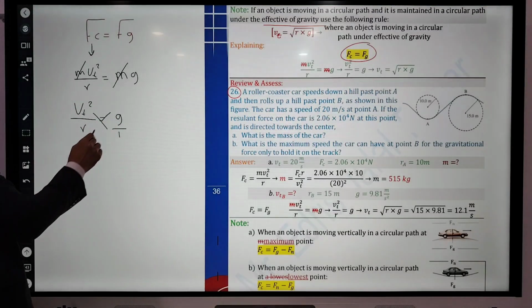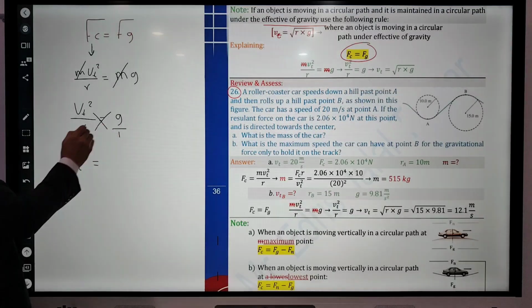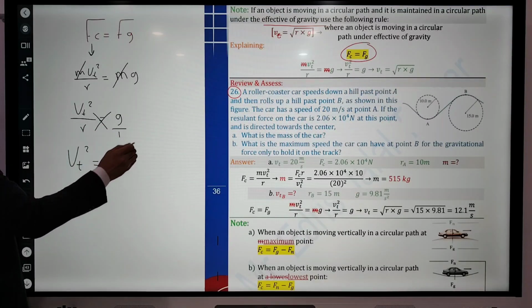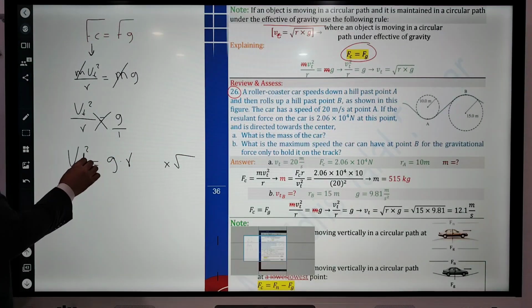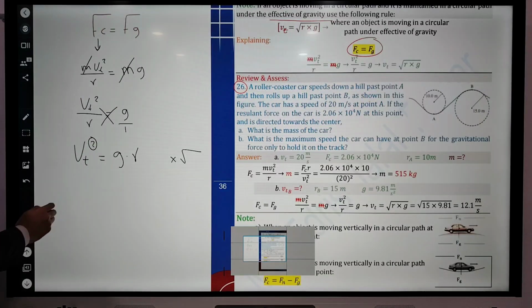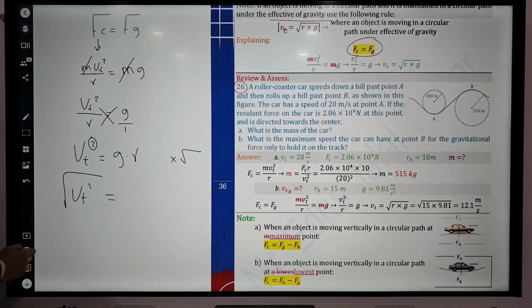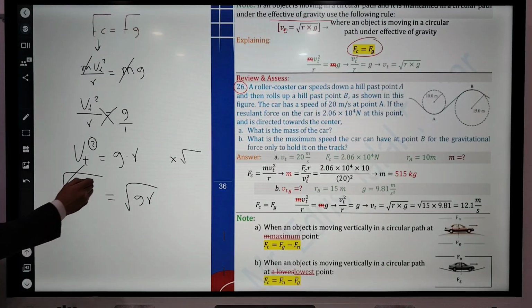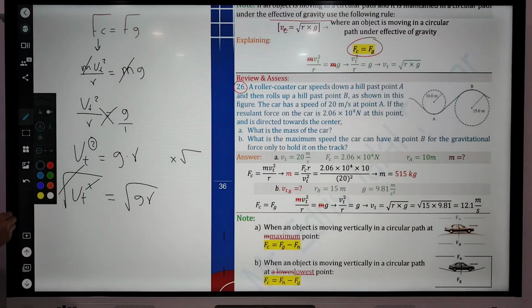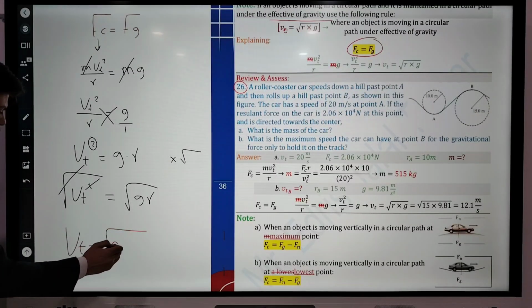Cross product: 1 times Vt squared equals g times r. Take the radical to remove the square. It becomes the square root of Vt squared, and the square root of g r. The radical and the square cancel. What remains? Vt is equal to